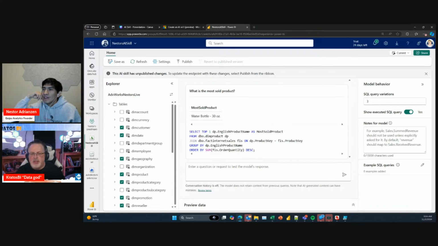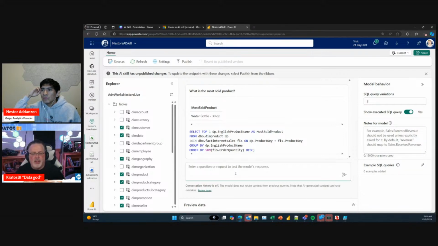But what if I didn't want quantity? I want it to be by the actual dollar amount. Okay, great, we sold a whole lot of bottles of water, but that doesn't tell me where I'm getting all my money from. Those are a buck a piece or 50 cents or whatever they are. That doesn't do anything.